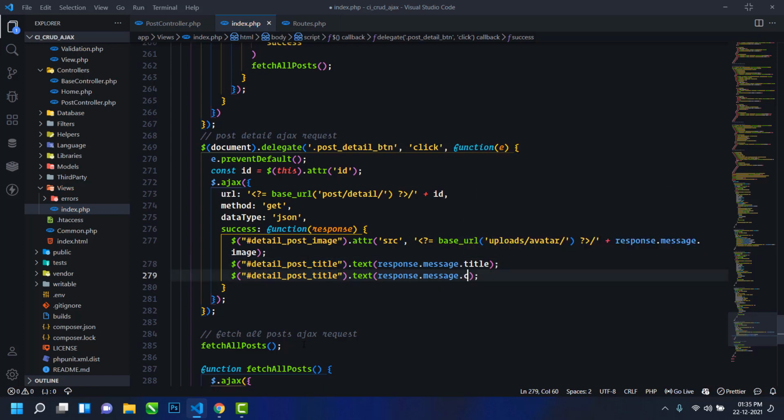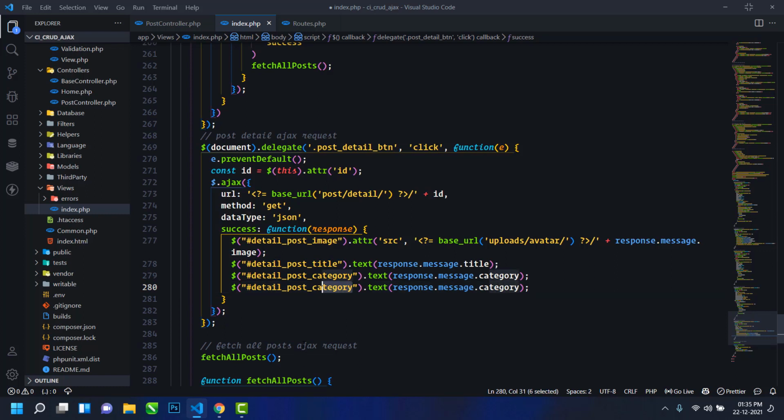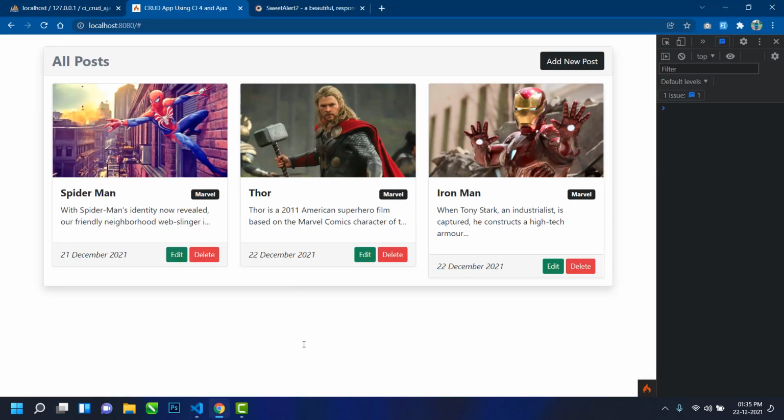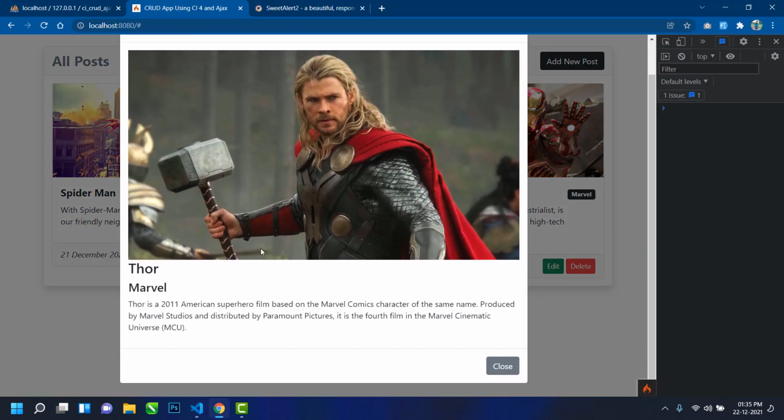Similarly for the category, just copy and write category. For the body, just write body, and text body. If you save this and go to the browser, refresh and then click, then you can see this is the title, this is the category, and this is the post body.